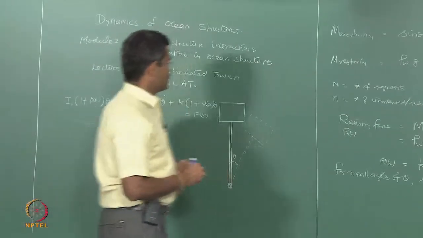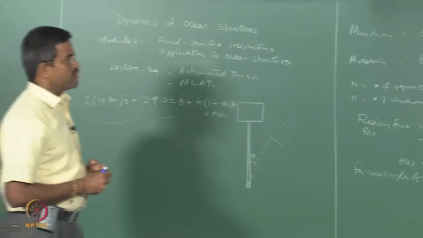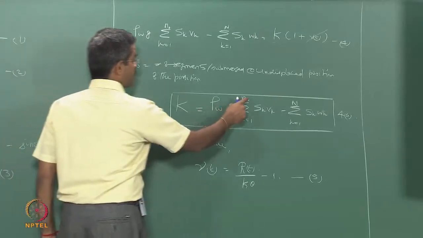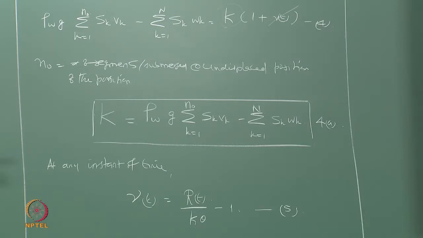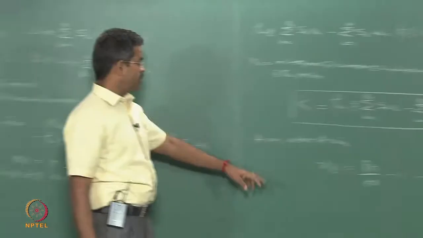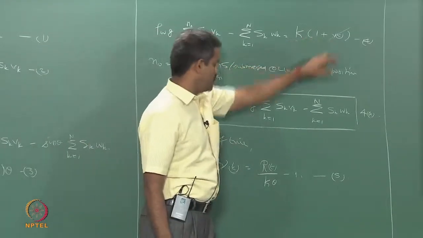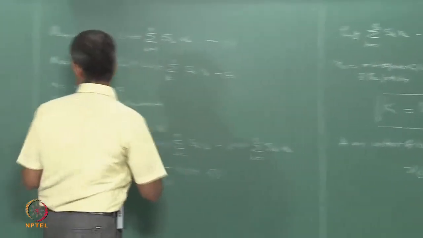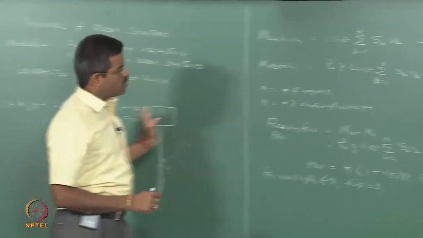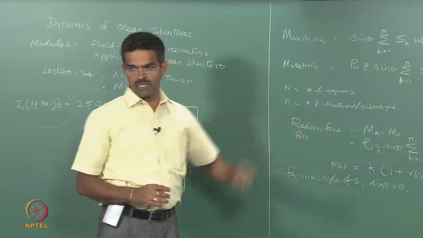Okay. So, already we said that k is a function of displacement indirectly, because this will be governed by the number of submerged elements in an undisplaced position. So, it is a function of displacement indirectly. Nu of t, which is again a function of initial stiffness, is again a displacement function. So, we are trying to find out which variables in the given equation of motion are all now converging to be functions of displacements.